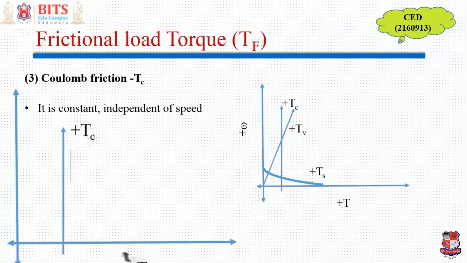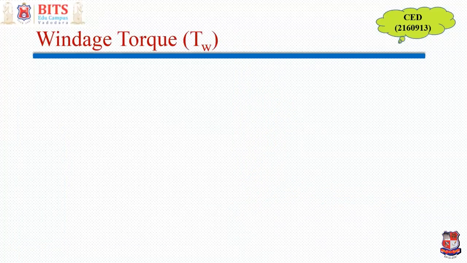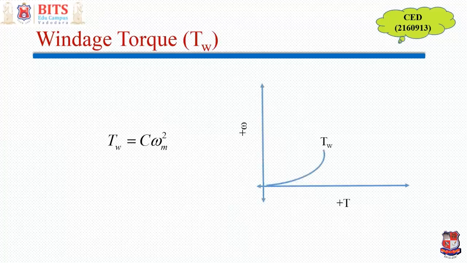If you combine all these three, then it is going to be like this. On one graph, I have shown all the three components: static friction, dynamic friction, and Coulomb friction for a frictional opposing torque or load torque. Now, windage torque is nothing but the resistance because of the fluid or air. If the motor is running in air, it is air resistance or air windage. If it is running in fluids, say water, then it is having a fluid resistance, right? And in most of the cases, it is proportional to speed square. So this is very significant when you are having high speed applications.